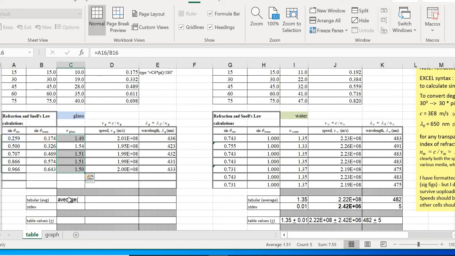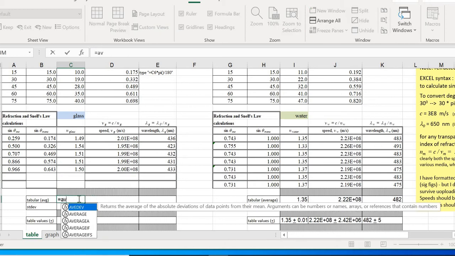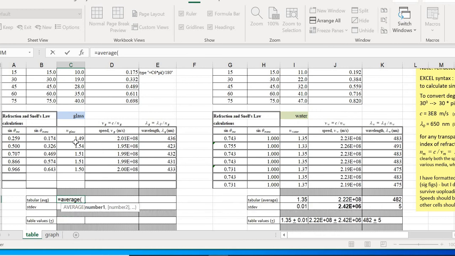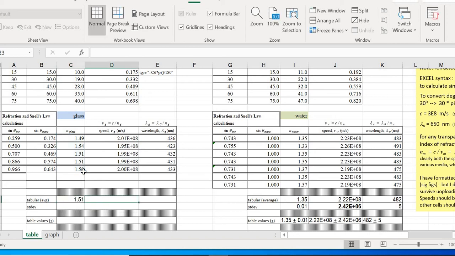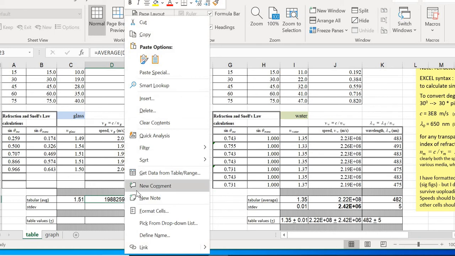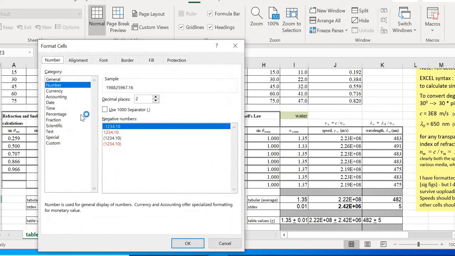Got it. Now, something happened here. Equals average. Do it again. Average of the population. There we go. Now watch this. This is really slick. I can just do this. Pull it over, and it gets all averages for each column. Is that not slick? Now we need this in scientific notation, so I'd right-click, format the cell, put it in